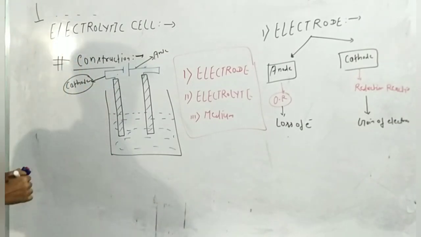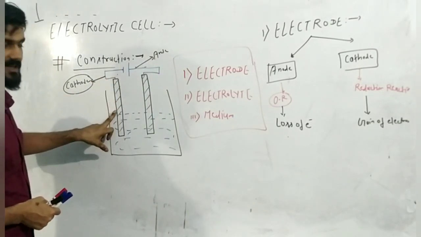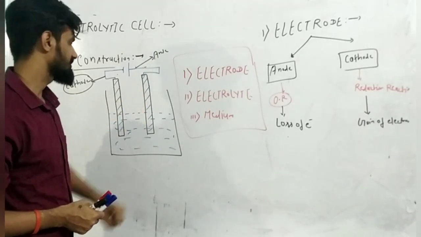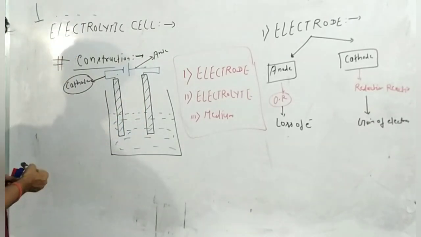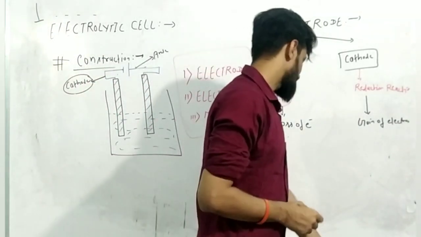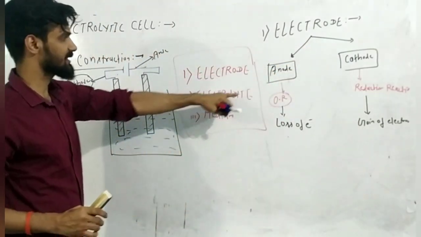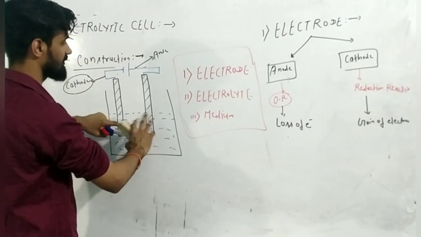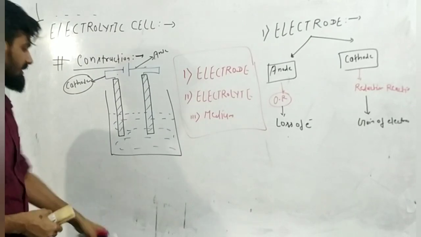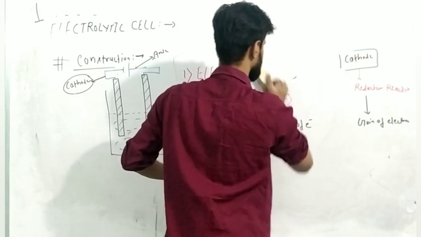Okay, this thing only. So if it is cathode, then definitely there must be a reduction reaction, and if it is anode, then the oxidation reaction will be taking place over here. Okay. So understand one thing. Now I am going to discuss about the electrolyte, and again I will come to this part, okay? Because we are using electrolyte, and the electrolyte will break with the help of electricity, and after that the whole mechanism will be happening. So I am going to discuss about the electrolyte first.